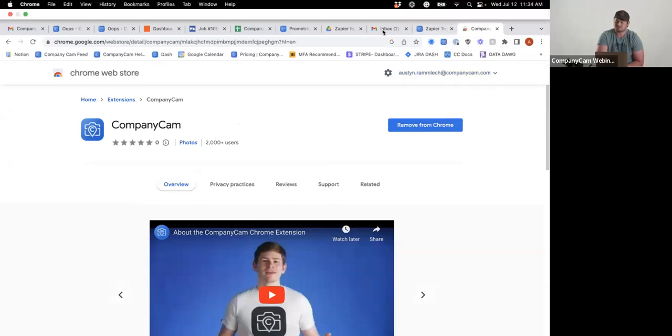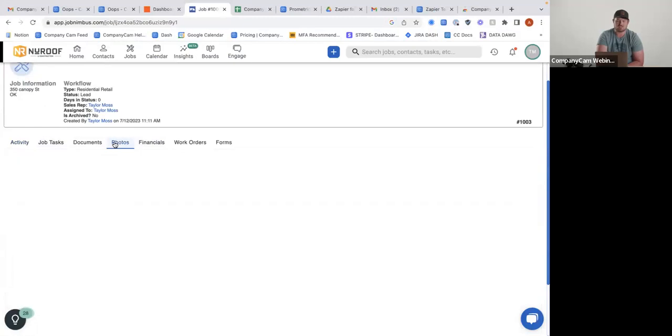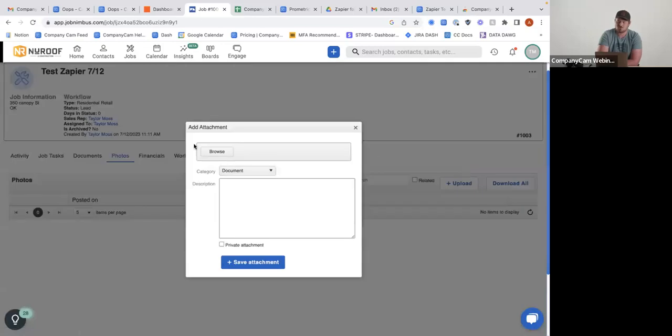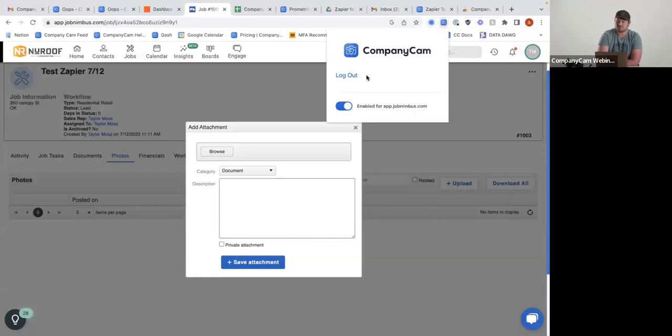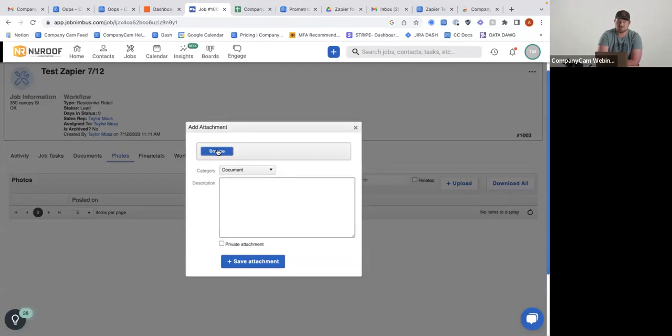And so what we can do is I can go into my JobNimbus account just to kind of show you. If I want to add some photos to a job that I've been working on through the extension, it's super easy. You just go to whatever area that you'd normally upload photos to. So from here, it just looks like upload. And then I can browse. And then when that's turned on, instead of pulling up what's on your device by default, just go ahead and make sure that it's toggled. And now if we upload any photos,